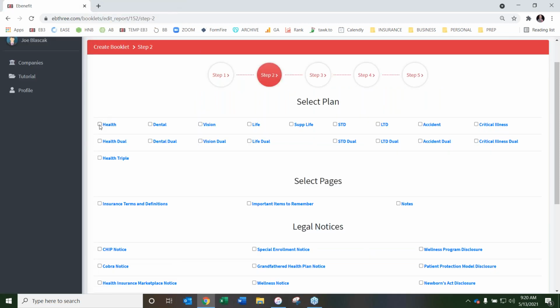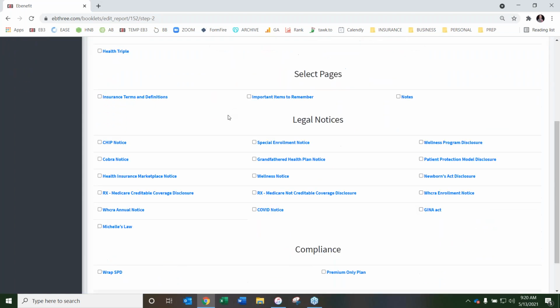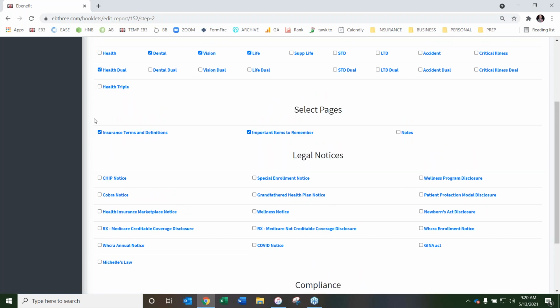So if we go up here, let's say we're going to do health dual, we're going to do dental, vision, and life insurance for right now. There's other things right here. Select pages, insurance terms and definitions, and important items to remember, I feel are huge. These are big things that I would include all the time. I'm going to show you in step 4 some of the provisions of what's in there. You can customize them as you want, but I would include these in every single one of your booklets,